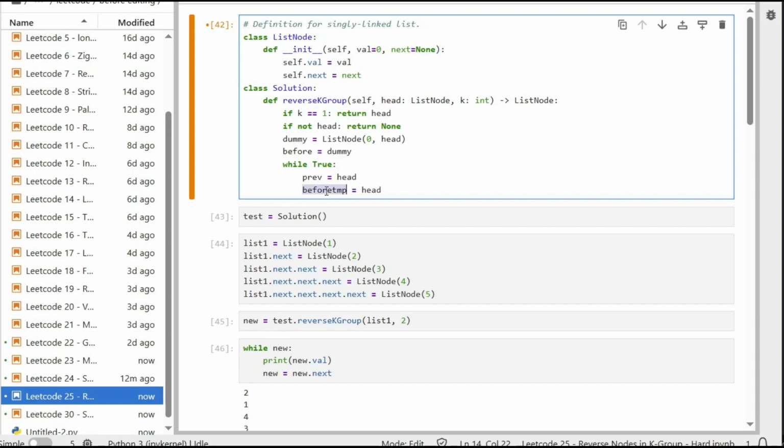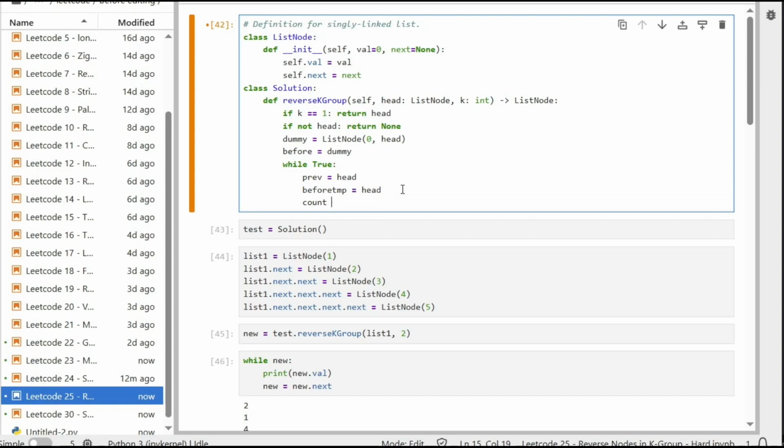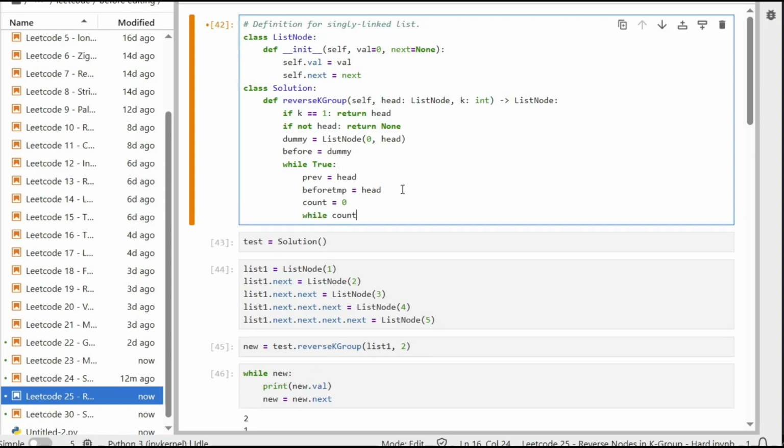So I store it here and then update before to have this value. Anyway, let's continue. I'll start a counter equals 0. Why am I doing that? While count is less than k. In the example it is 2, but actually it's k. When it's less than k,